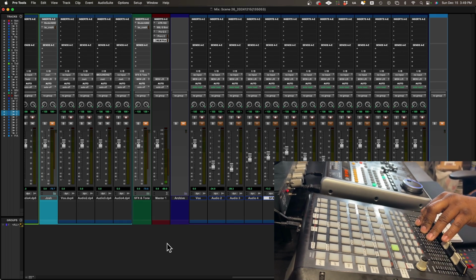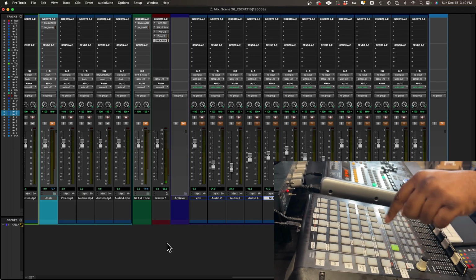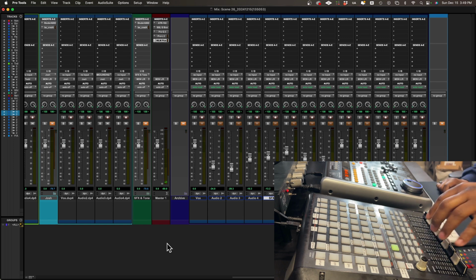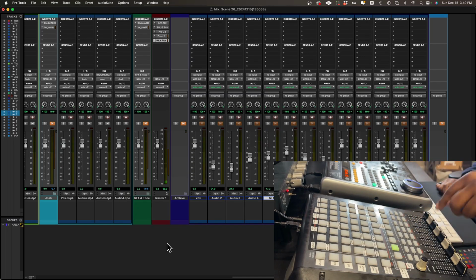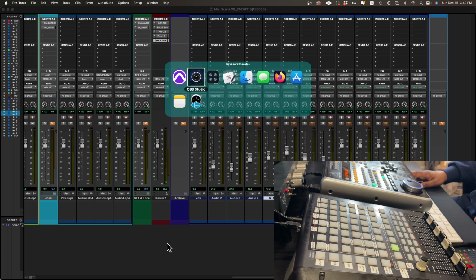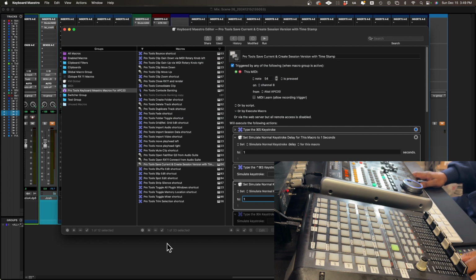And over the past week or so, I've been fleshing this thing out, programming these buttons to map out to certain functions. I've been using Keyboard Maestro to do it. What I wanted to do in this video is demonstrate what I've done, how I did it, as well as share with you guys the macros. So if you are using or intend to get a hold of Keyboard Maestro, because it's only like